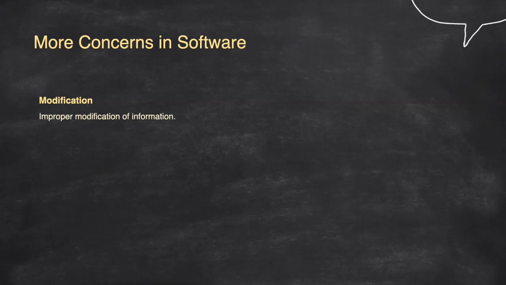First, let us talk about something that can have serious consequences in the digital world: improper modification of information. This happens when data within a software system is changed in an unauthorized or incorrect way. Whether it is intentional or not, the result can be disastrous: data corruption, loss of accuracy, and breaches of integrity. Whether it is due to malicious attack, human error, or even a flaw in programming, improper modification can disrupt entire